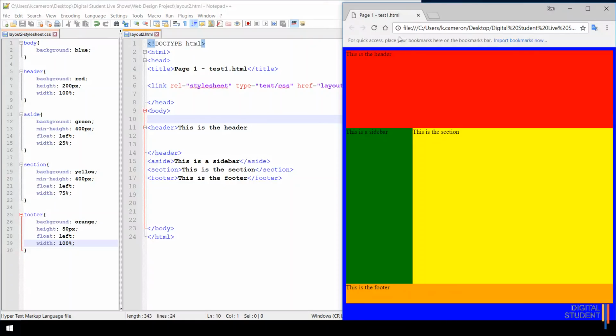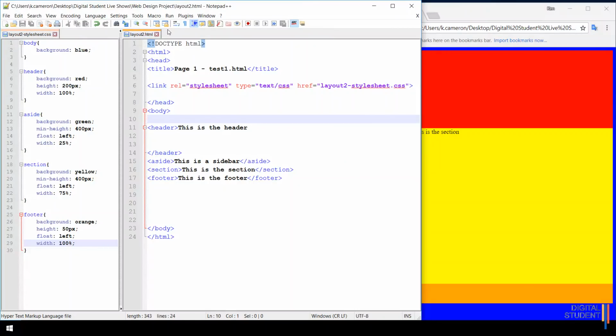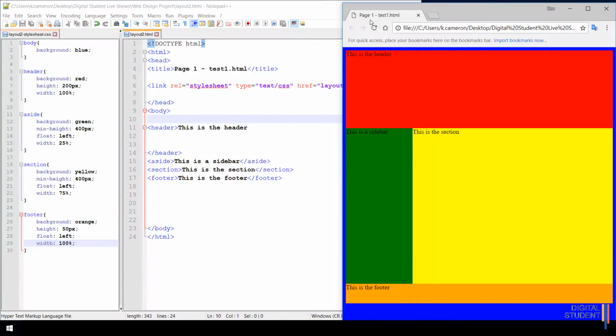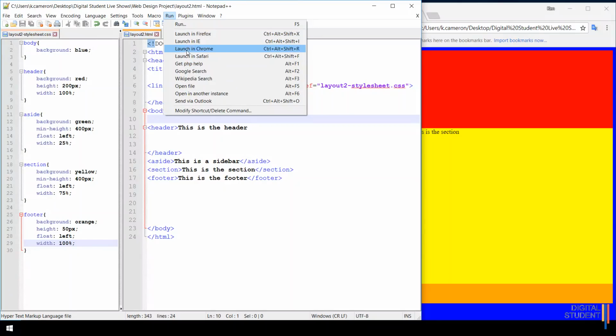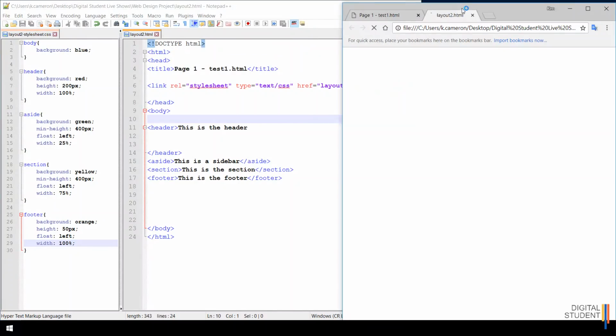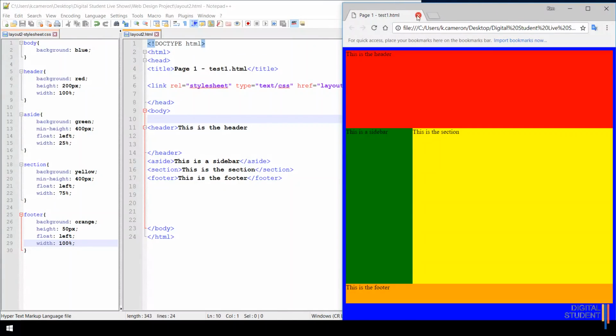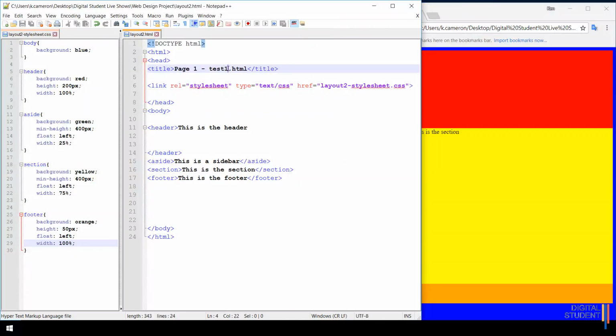Okay, we do need to shut this page, so let's just reload this one, because whatever happens now, this will always load the old page. So let's go click on this tab, press Run, launch in Chrome, and close the old page. And let's just give it a better name, just so that we know that it is actually loading the correct page. So let's call this one,